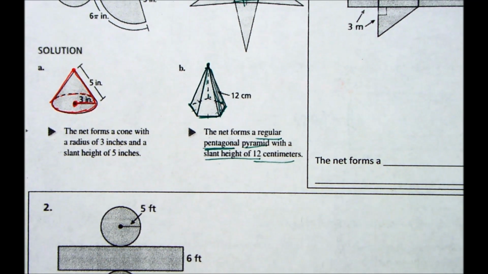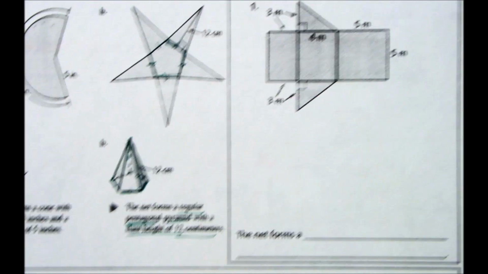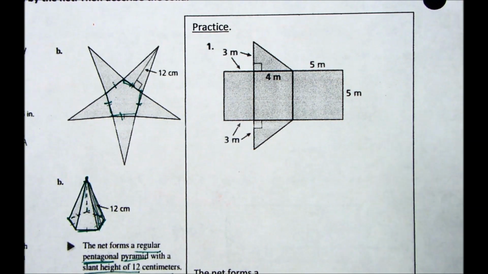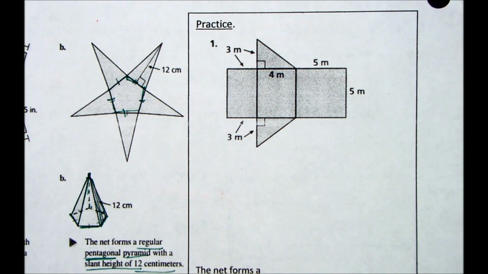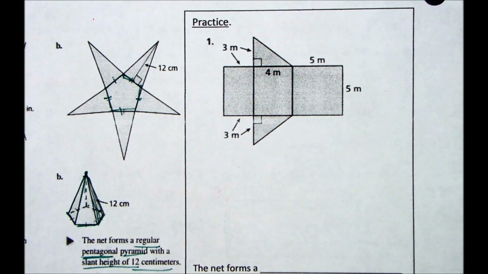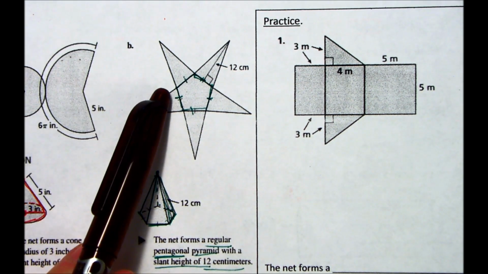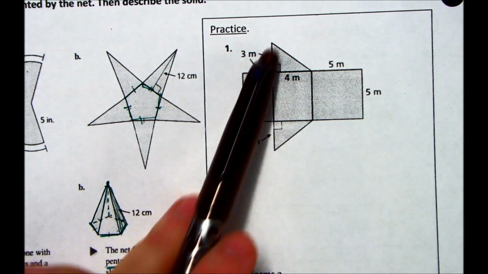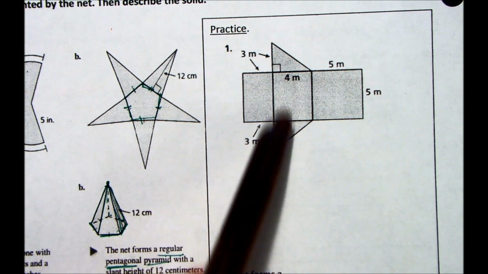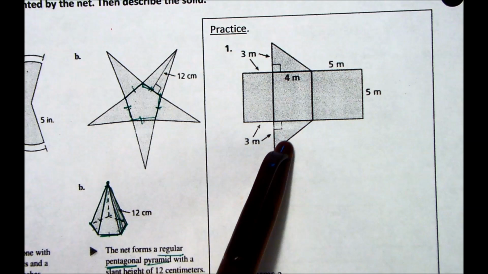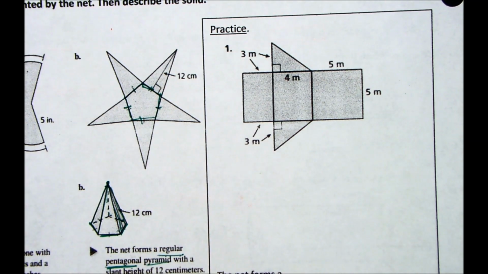So we have 3 problems for us to do. So let's start with this one. So you're given the net. You have to draw the 3-dimensional solid. So if we look at this picture, they're not exactly the same as what we had before. So it's not going to be a cone or a pyramid. But if you look at the picture, you can see that on the top and the bottom, it looks like we have 2 triangles that are congruent,